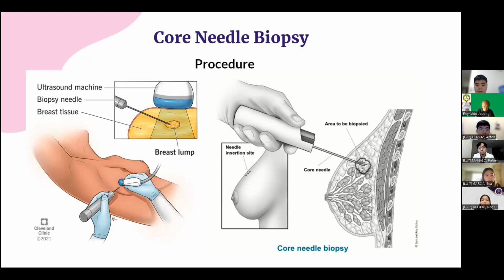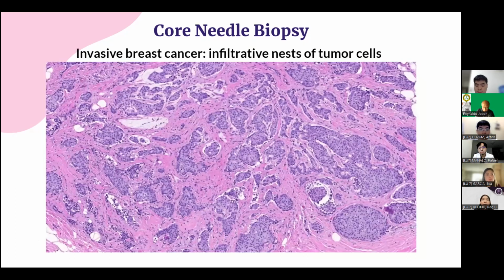Next slide, please. The histological findings that would suggest our primary diagnosis of breast cancer would be a malignant proliferation of neoplastic cells that invade the duct wall into the stroma. This is suggestive. Here in this photo is the pathology of an invasive breast cancer on the microscope, and you can see infiltrative nests of tumor cells that suggest invasive breast cancer. So next,